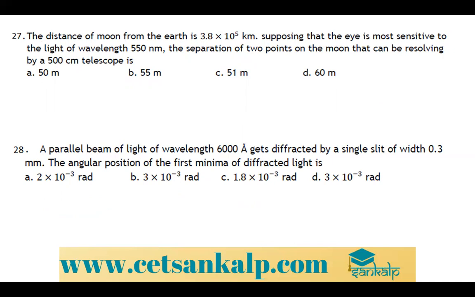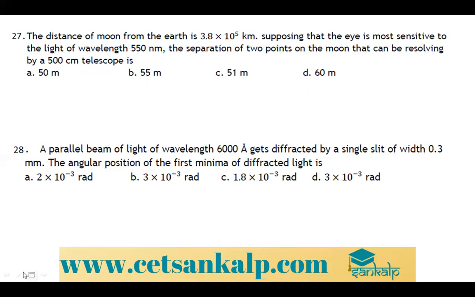Supposing that the eye is most sensitive to light of wavelength 550 nanometer, the separation of 2 points on the moon that can be resolved by a 50 centimeter telescope is